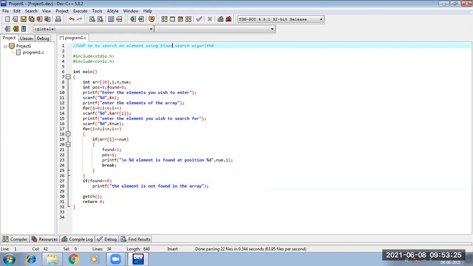First, as usual, like any array elements, we need to enter the number of elements we wish to enter. Then we need to enter the elements. We will scan the elements like this. Then we need to enter the element we need to search for. Suppose I am taking it in the num variable.